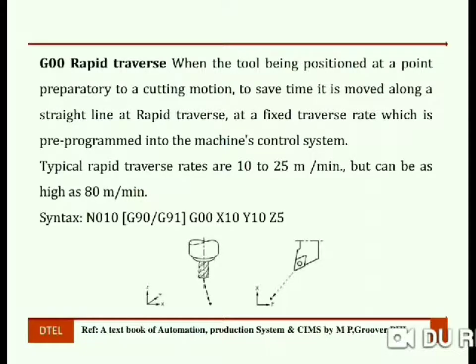To save time, it is moved along a straight line at rapid travel at a fixed traverse rate, which is pre-programmed into the machine's control system. If we need to move the tool from the current position to the next desired position rapidly, then we can use the G00 code in our program. This is a common code. Usually we use G00 for rapid positioning in our part programming.